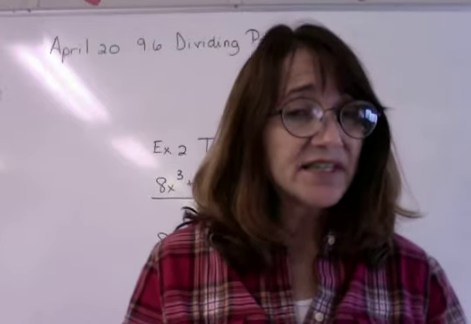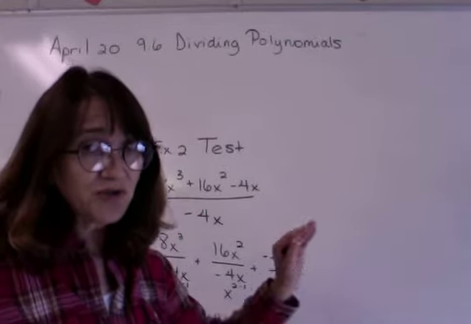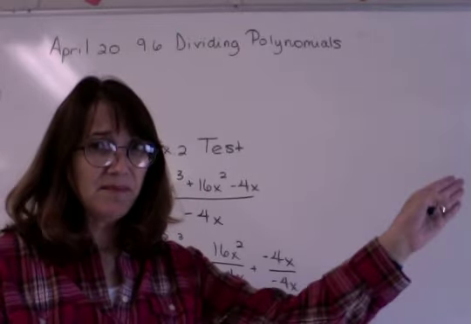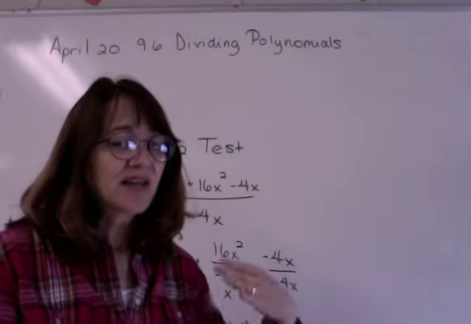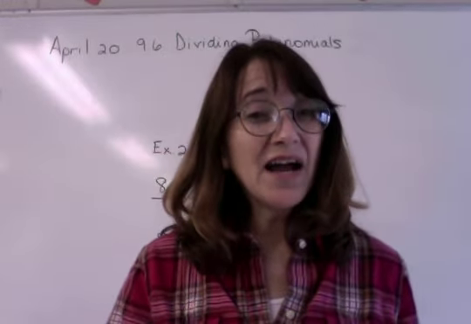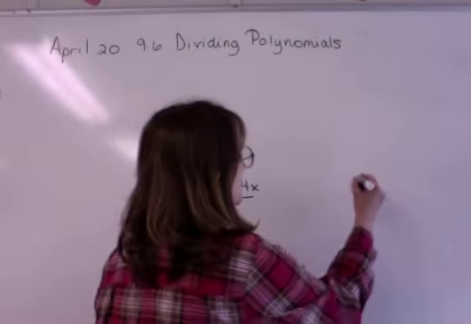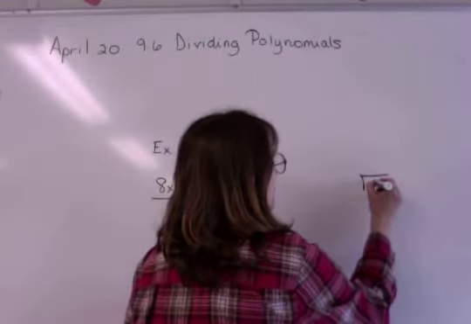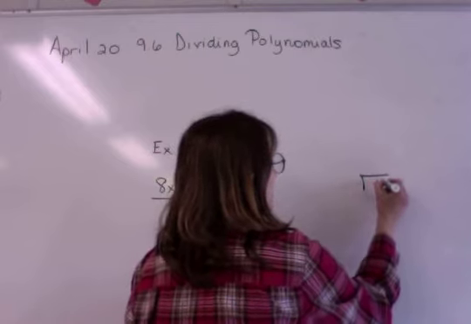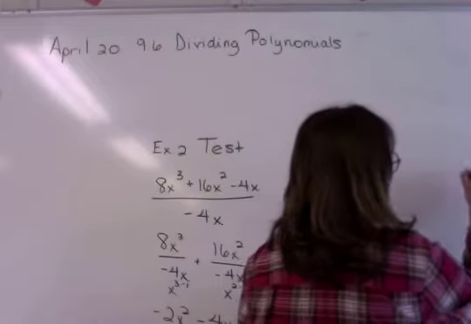So what's happening is, in both of these, we were dividing by a single term, or a monomial. Well, that was easy. I just distributed that and went all the way through it. Well, think about what happens when I'm dividing with a binomial or even a trinomial. Think about how much easier this division was. So let's say if I had 4 divided by 2, how that was really easy compared to